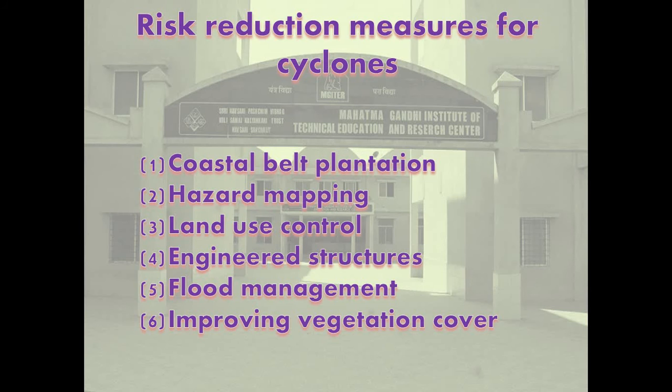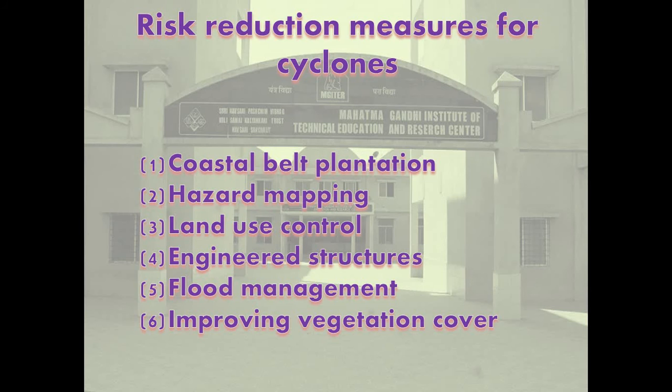The map is prepared with data inputs of past climatological records, history of wind speed, frequency, and flooding, etc. In land use control, design so that the critical activities are placed away from vulnerable areas. Location of settlements in the flood plains is at utmost risk. Siting of key facilities must be marked in the land use. Policies should be in place to regulate land use, and building codes should be enforced.